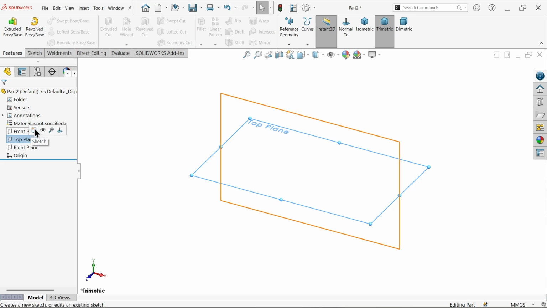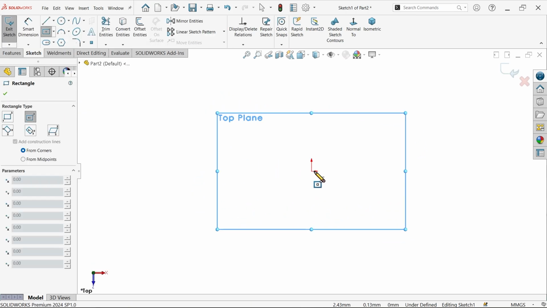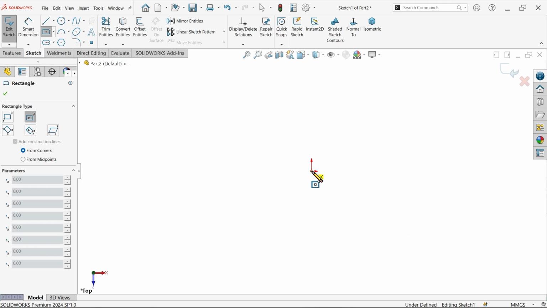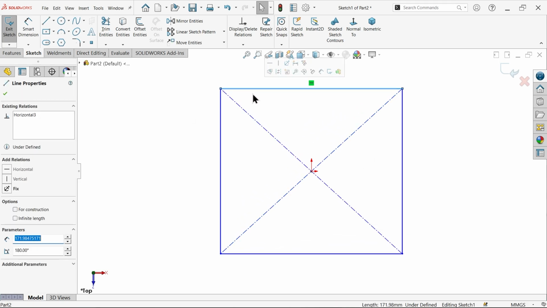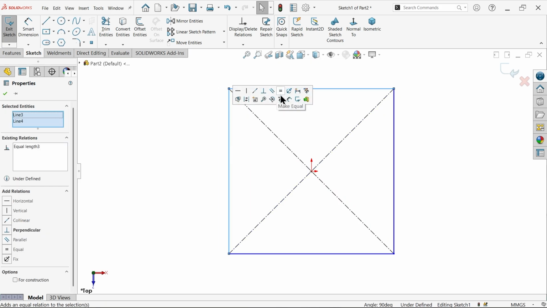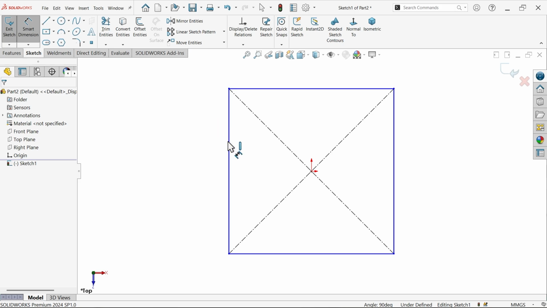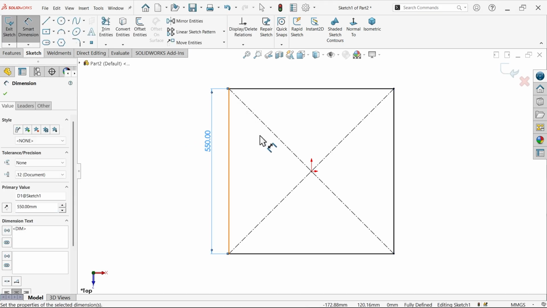now select top plane sketch. Now activate here center rectangle and start with origin point. So click and drag. Now press and hold shift key, select these two lines and make equal. Smart dimension 550. See,